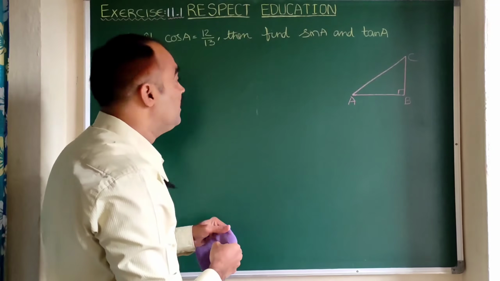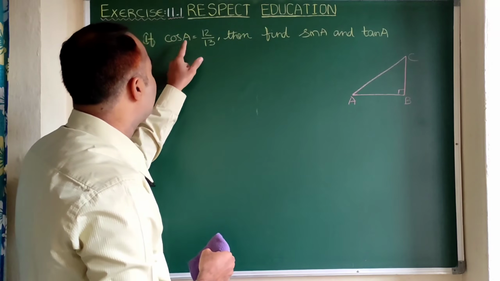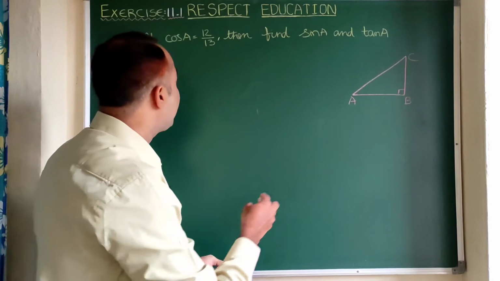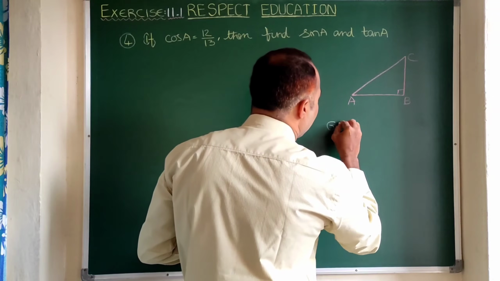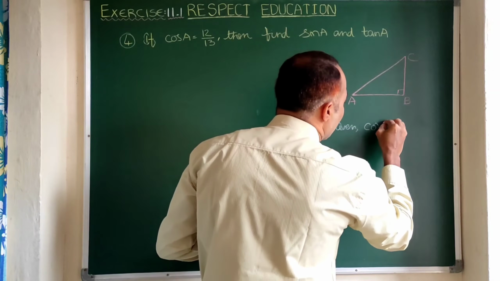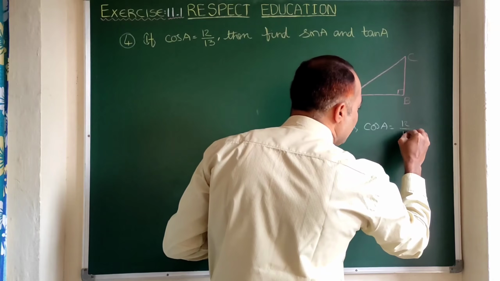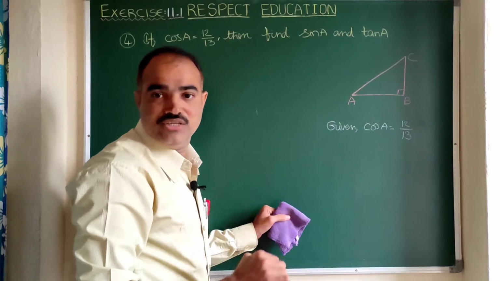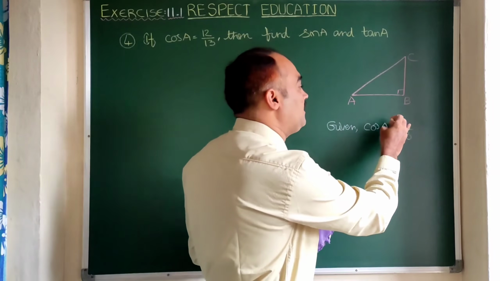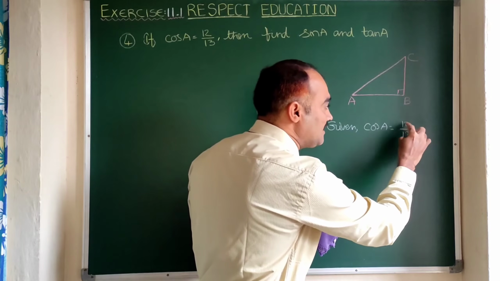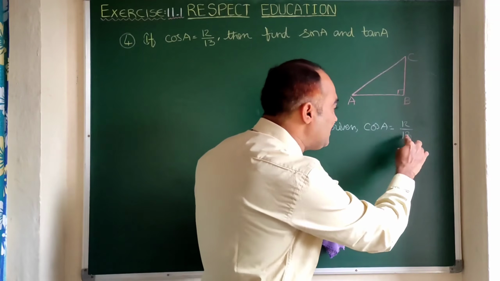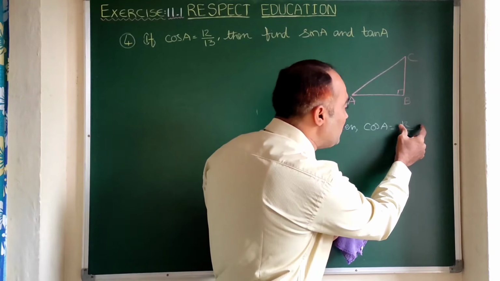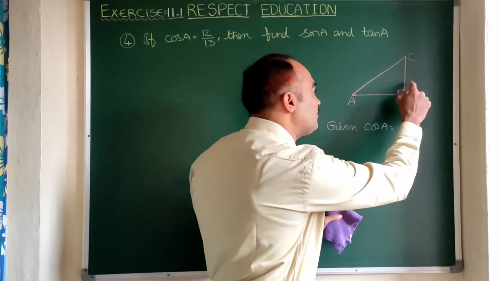Here you remember that whenever one of the trigonometric ratios is given, this is called trigonometric ratio. Okay, so the ratio can be taken in this way. Given cos A is equal to 12 by 13. Here you do understand, this is the ratio. Whenever ratio is there, we have to take one alphabet. For example, here you can take this adjacent side as 12k and hypotenuse as 13k, because this is the ratio. If suppose here 12 multiples may come, here 13 multiples may come. It is not exactly that this is 12, this is 13.